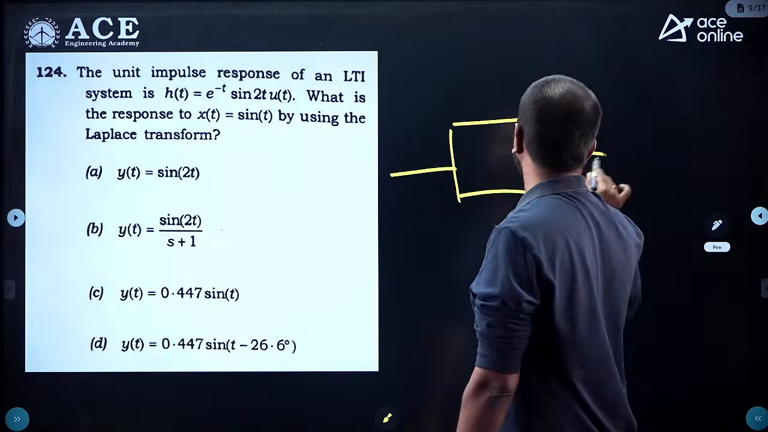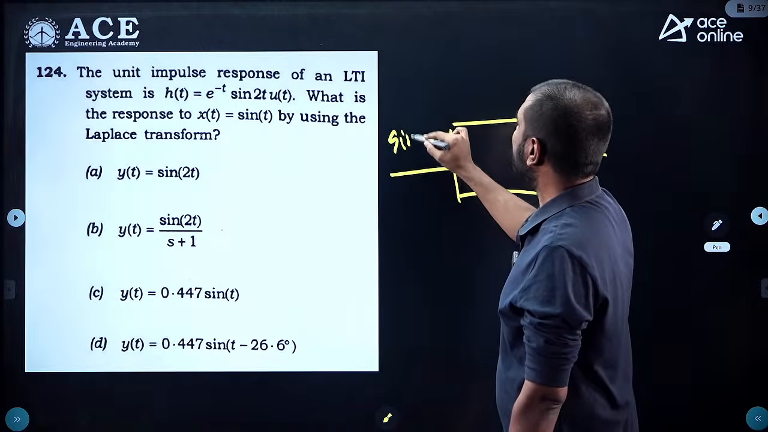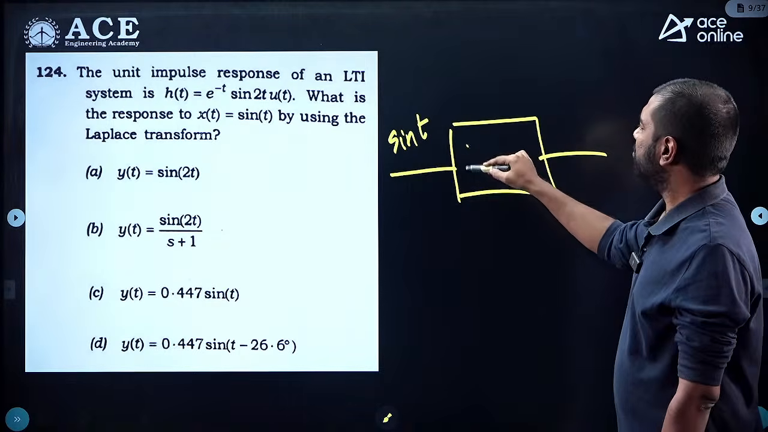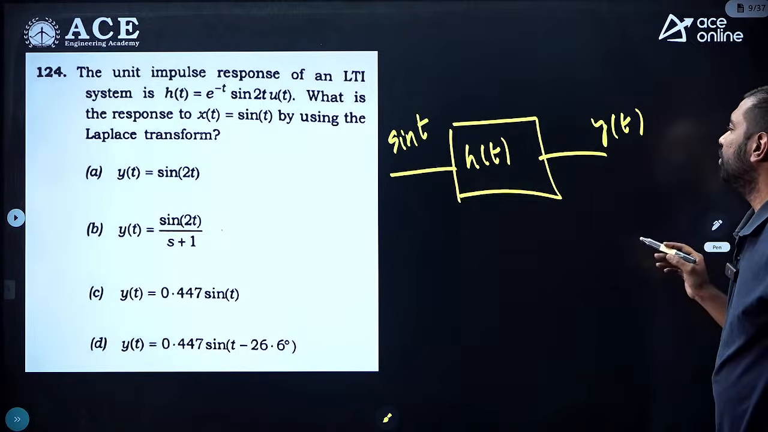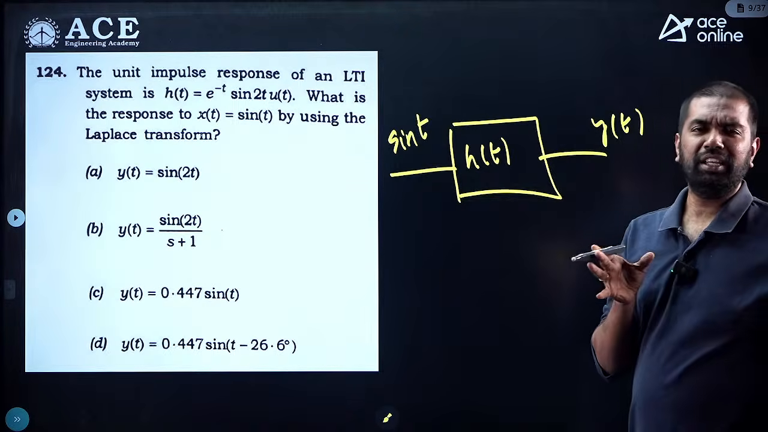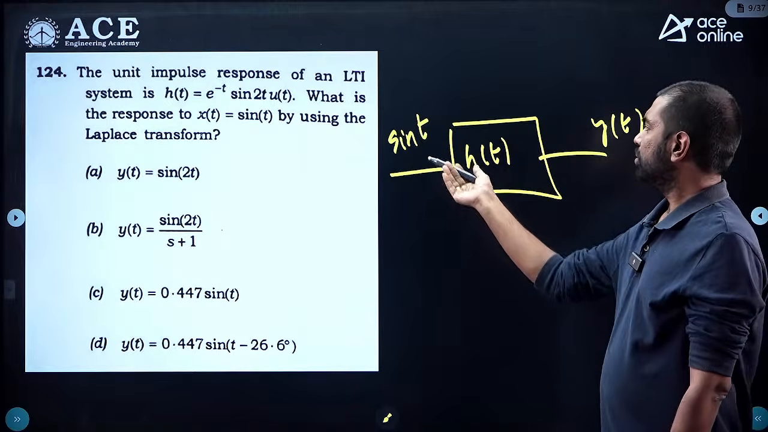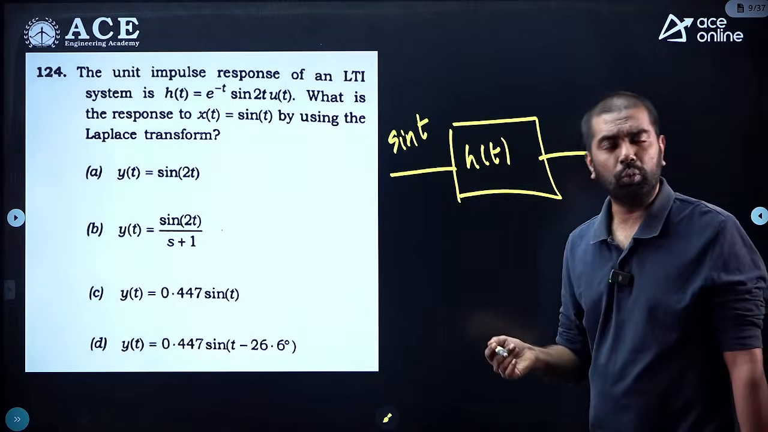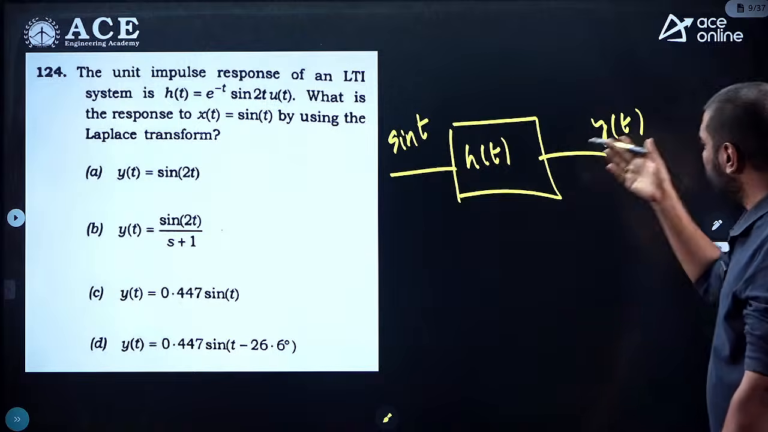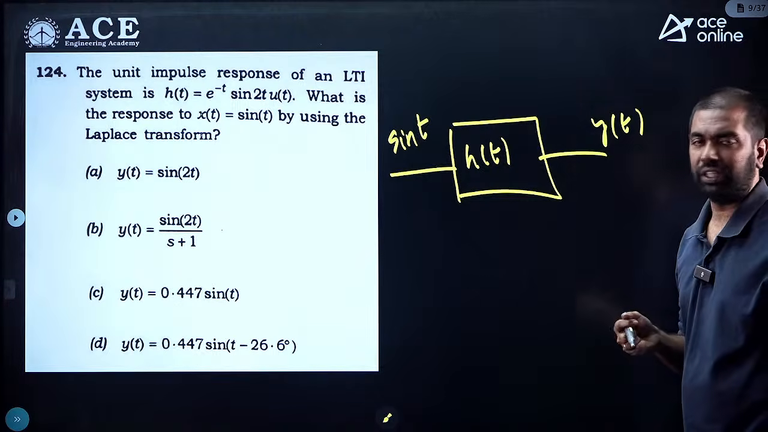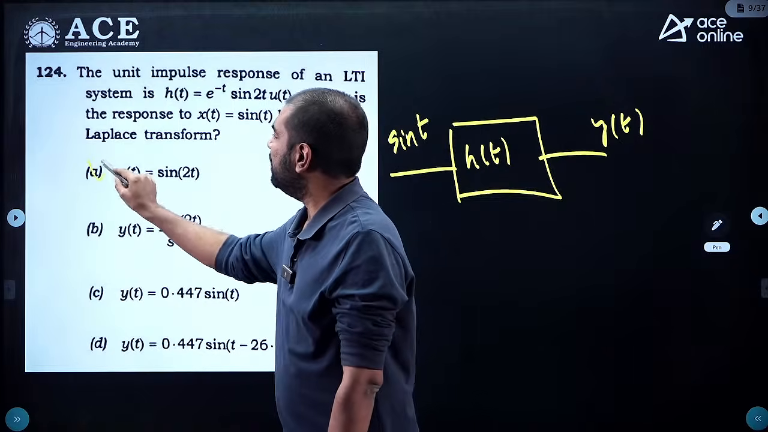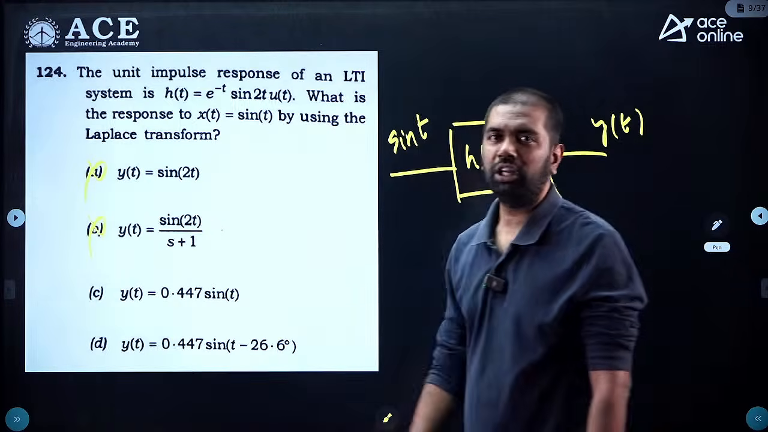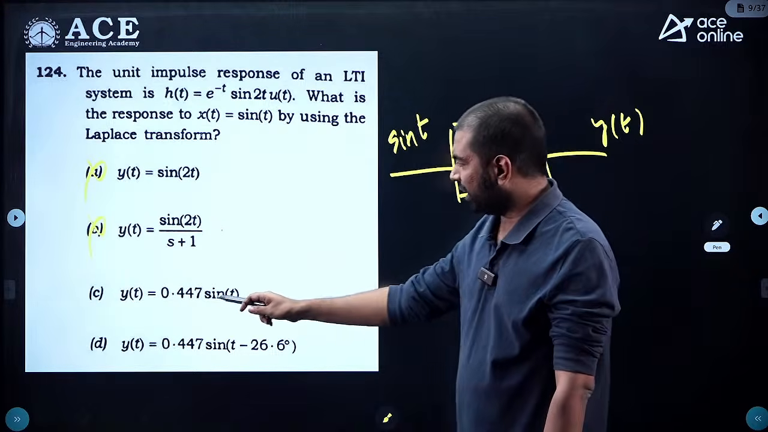Now the input to the LTI system is given. The input is in the form of sin t, and they also gave the impulse response, and they are asking what's the output. If you have good practice, it doesn't take much time. The frequency of the input is 1 radian per second, so at the output also you will have the same frequency. So I can easily eliminate A and B because the frequencies don't match. And if you look at C and D,